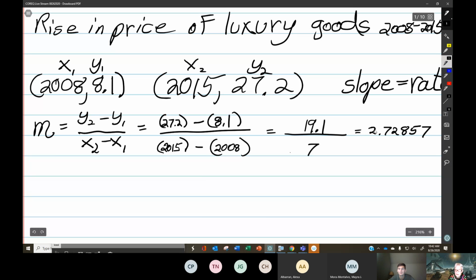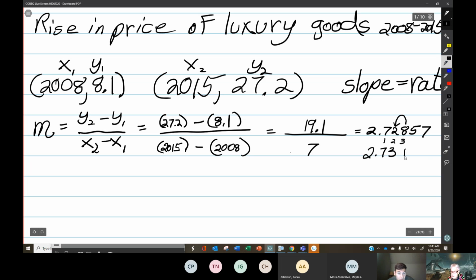And what they want me to do is to round this to 2 decimal places. So here's the first decimal place, here's the second decimal place, here's the third decimal place, and the third decimal place controls whether I round the second decimal place up to 3 or just leave it as a 2. And this 8, because it's 5 or bigger, is big enough to round the 2 up to a 3, so my answer in MyMathLab is going to be 2.73,